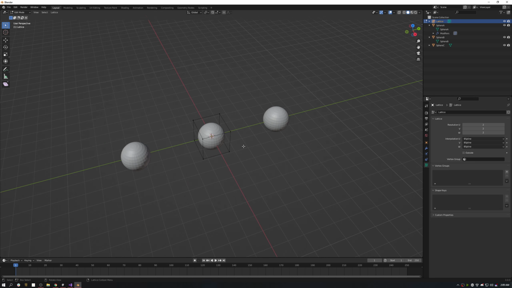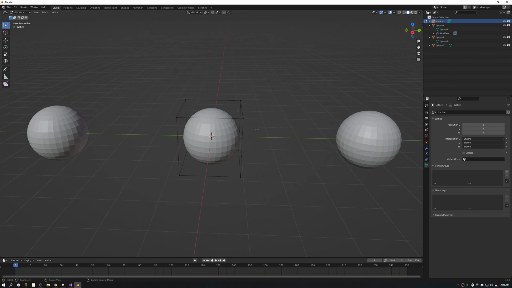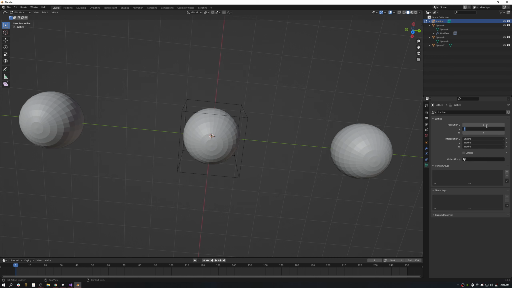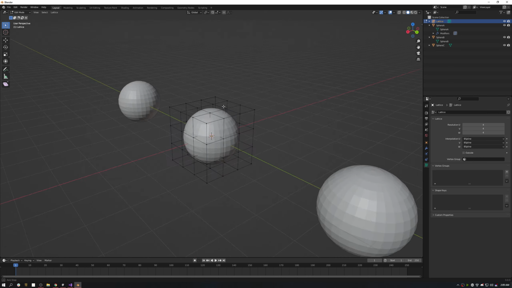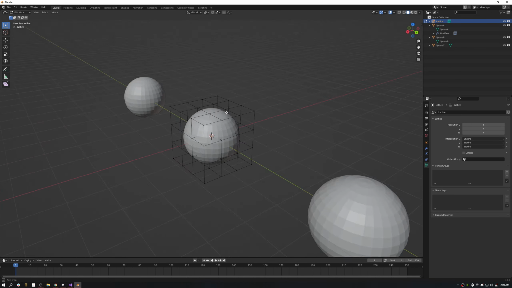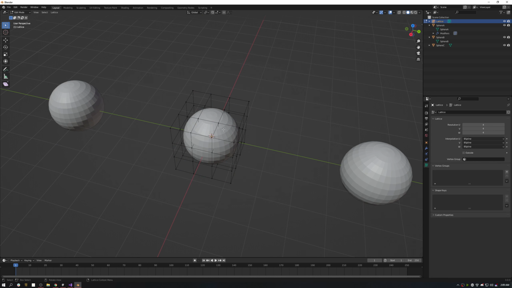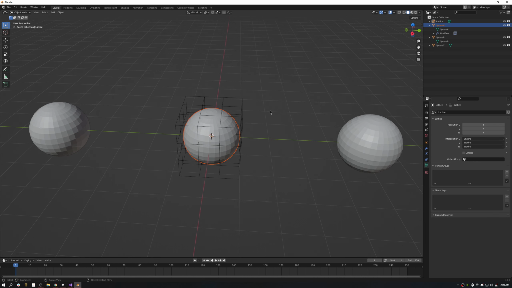Nice. So we just want this to be a tiny tad bigger, and we're gonna make some divisions here. Let's see, I think the ones I used on that sphere are 4 by 4 by 4, and yep, they look pretty good. All right, so now another thing we're gonna do is go to our sphere and